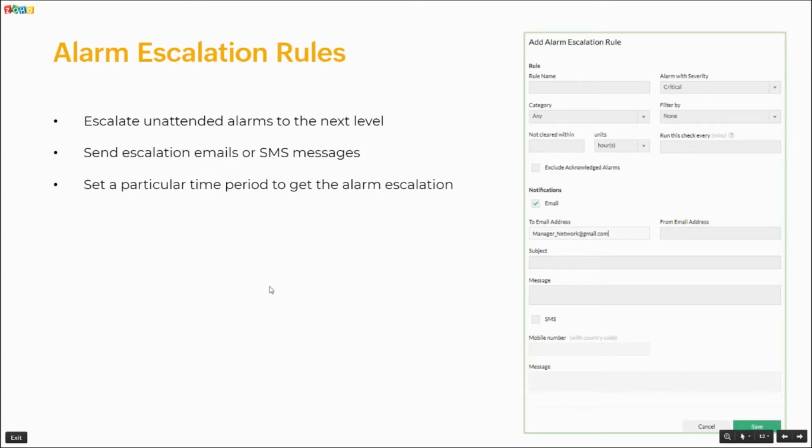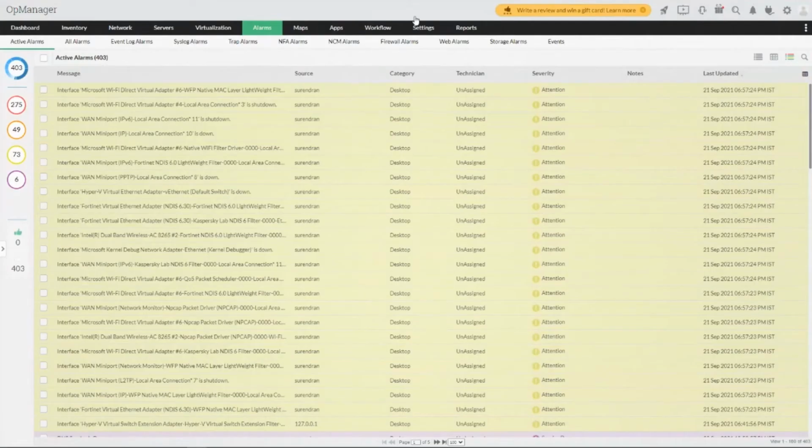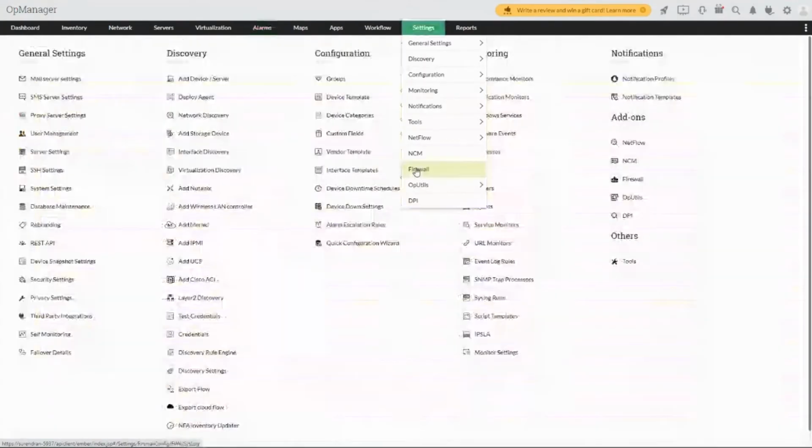For example, if the alarm is not cleared within the next 1 hour or next 45 minutes, then raise me an alarm escalation. And likewise, I can run this check every 5 minutes or every 10 minutes to see if any alarm is older than the specified timeline. And also, you can run this check regularly and trigger the notifications accordingly. So now let me take you to OpManager and show you an example of how an alarm escalation rule can be configured and how it can be